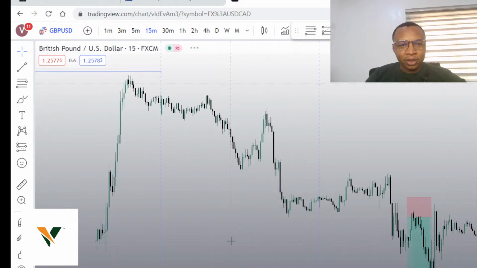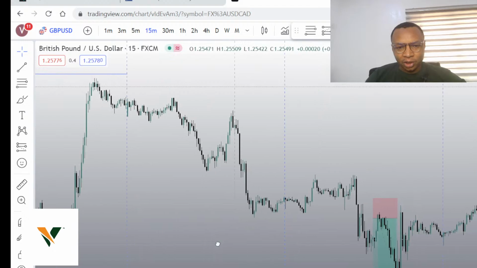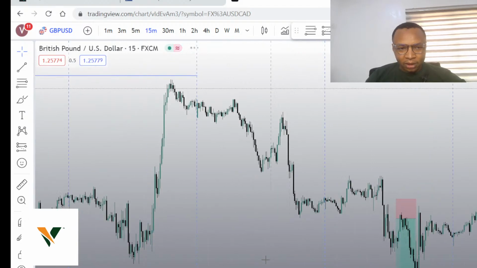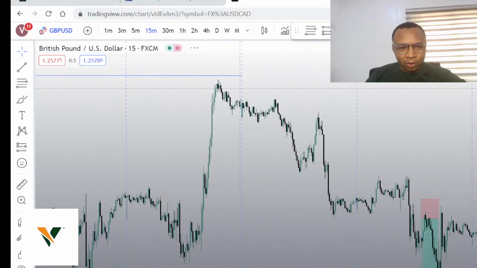All right. So before then, we told you that our analysis for the GBP USD was bearish through the week, going into Tuesday, from Monday to Tuesday, even going into Wednesday. All right, so we saw how that short played out. And the target for that short was Friday's low. If you remember, we called it out. We said the target was the low of Friday.